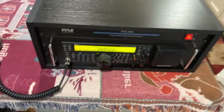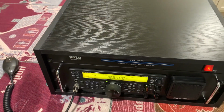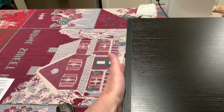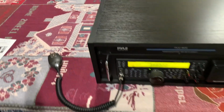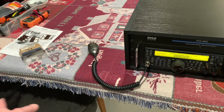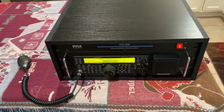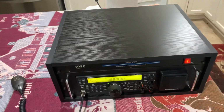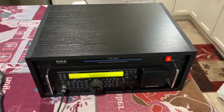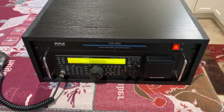So I figured out what to do. Then I'm going to have my RME 6900 tube receiver sitting beside this on top of the desk again. Then I'm going to put that Courier 23 and that matching amp that I modified for 10 meters down there where that RME is now, down there on that new cabinet that I found. So I'm just trying to figure out how I was going to reorganize everything, and I figured out the best solution was just to rack mount this